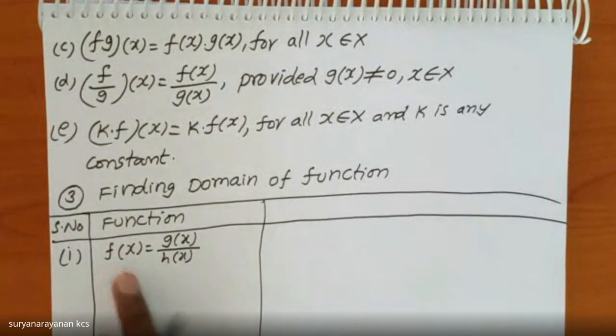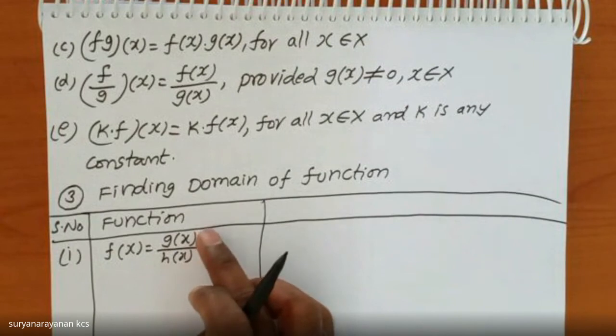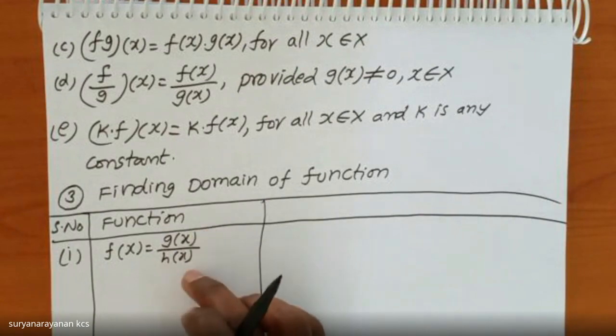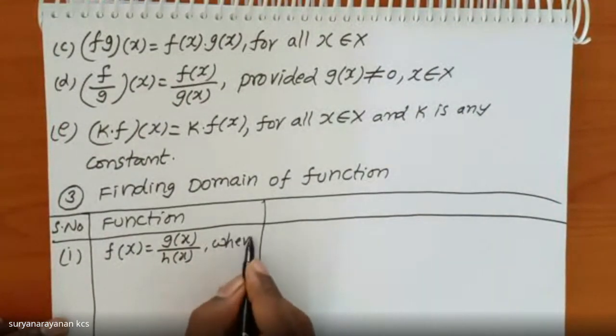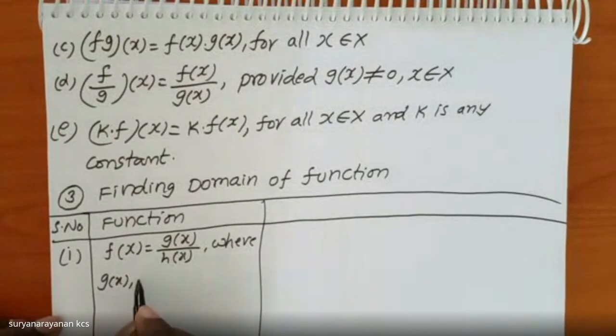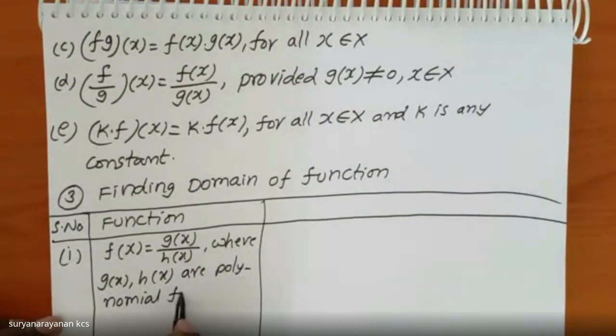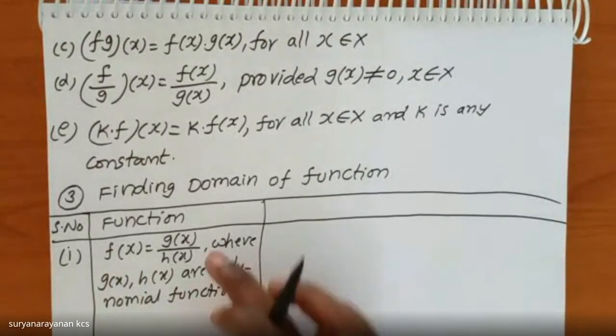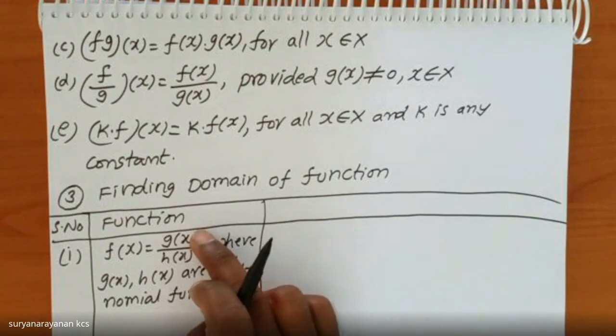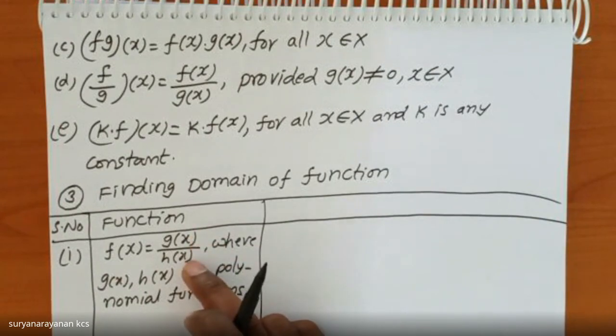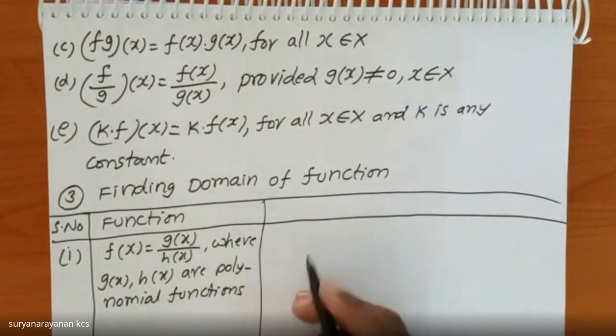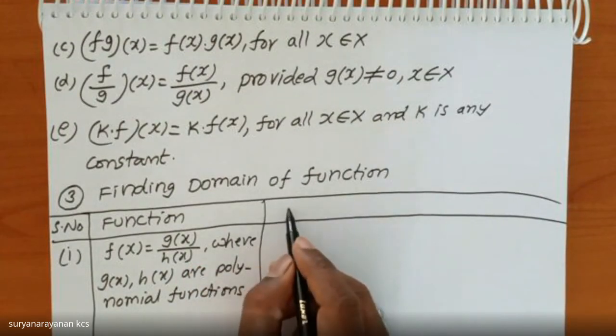Suppose a function is defined f of x by g of x, where g of x and h of x are polynomial functions. Suppose a function is defined like this: numerator a polynomial and the denominator is also a polynomial function. In that case, to find the